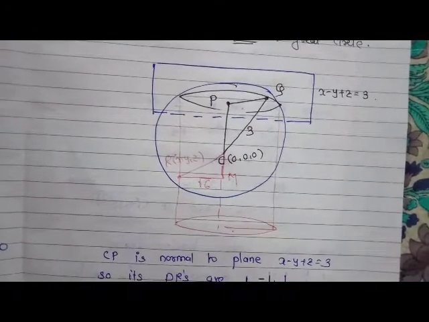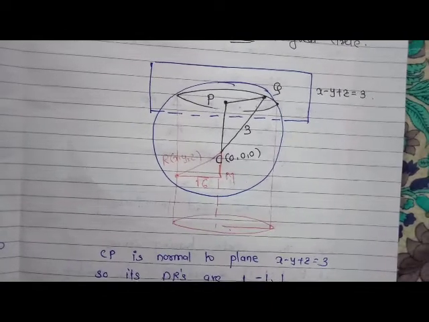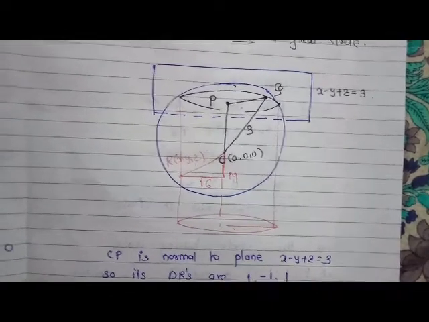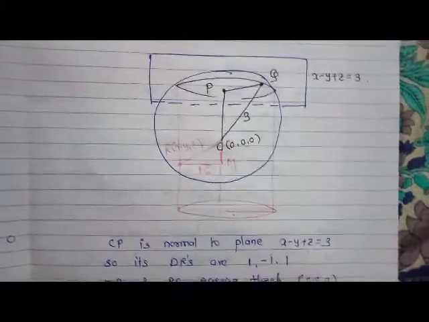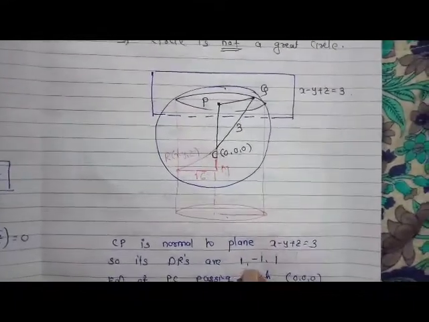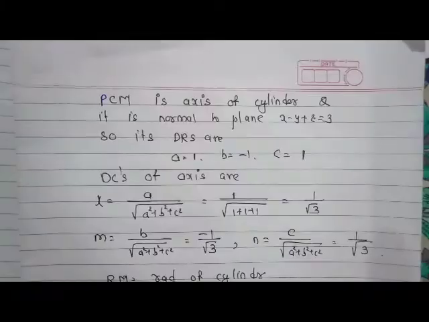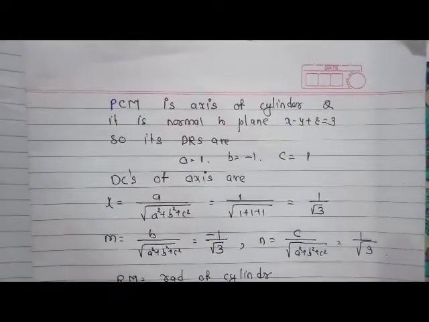So now we want to use Pythagoras theorem for triangle CRM, but before that we should know all the distances. So now we'll concentrate on finding the distances and then finding the equation of the cylinder. Okay, PCM is the axis of the cylinder and it is not